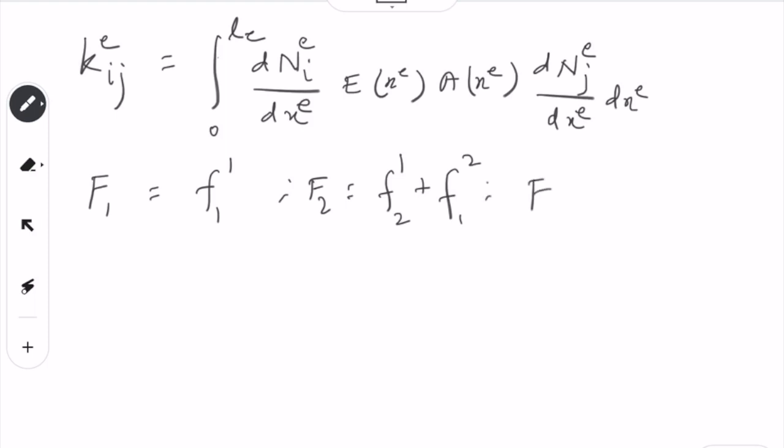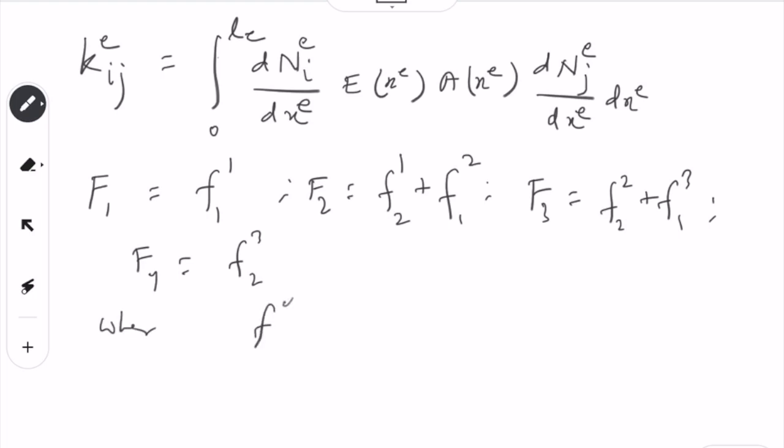Similarly, f3 will be equal to f of the second element second node plus the third element first node, and f4 is equal to f of the third element at second node, where